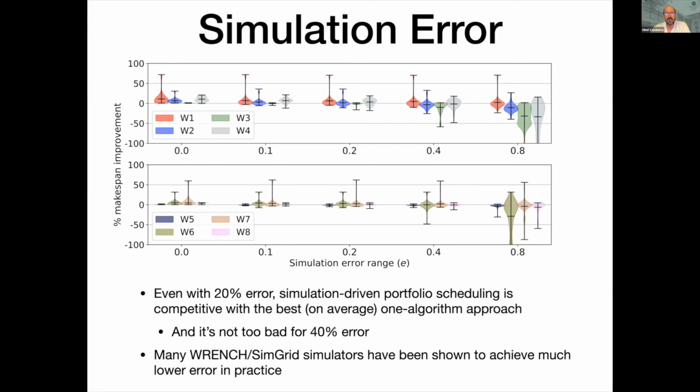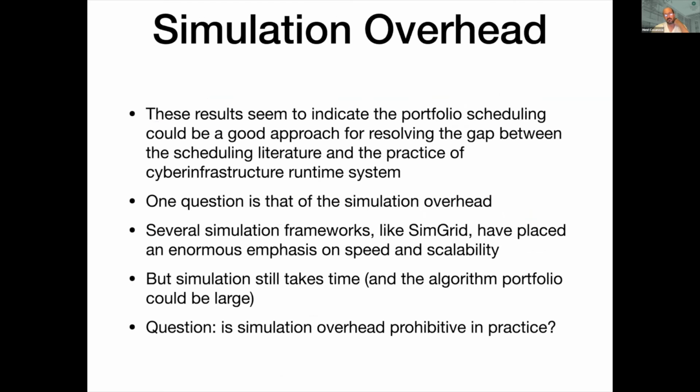Okay, so the main conclusion is that it seems like portfolio scheduling for this kind of systems may be a feasible idea. Okay, and it has the potential of bridging the gap between the scheduling literature and the practice, because at least we remove the need to pick one particular scheduling algorithm to implement. Just implement one, implement a second one, and the system will maybe not use one if it's just never good, and will automatically pick the best one based on the simulations.